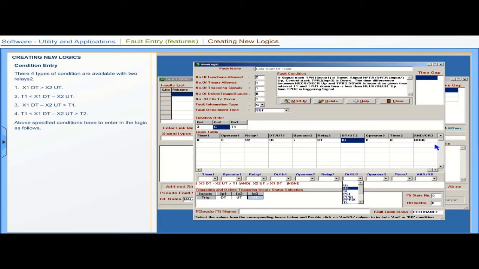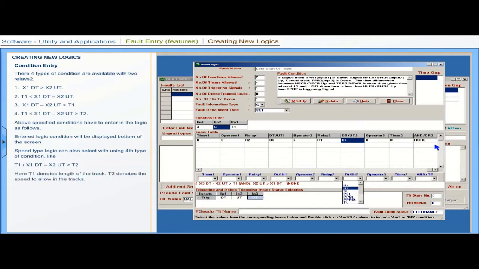The above specified conditions have to be entered in the logic as follows. The entered logic condition will be displayed at the bottom of the screen. Speed type logic can also be selected using the 4th type of condition, like t1 by x1 dt minus x2 ut greater than t2. Here t1 denotes the length of the track, and t2 denotes the speed to allow in the